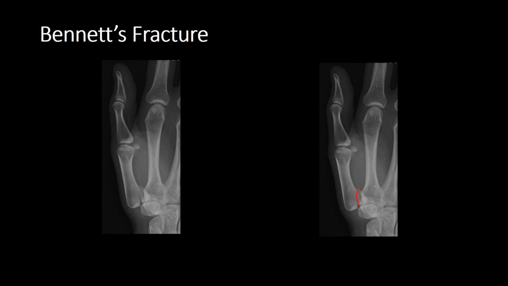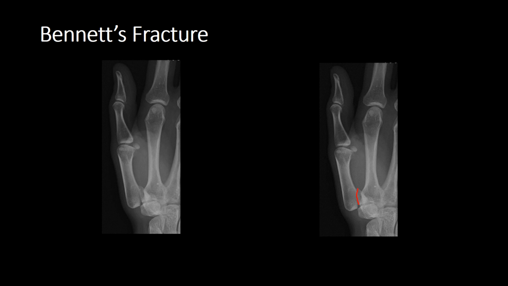A pure Bennett's fracture is actually a fracture dislocation or fracture subluxation. This actually isn't a subluxation at all, because I think there's only a small amount of displacement here. What happens is that you have an oblique fracture of the ulnar corner of the base of the first metacarpal. And what happens is that the abductor pollicis longus, which inserts radially, pulls the metacarpal dorsally and radially, causing that